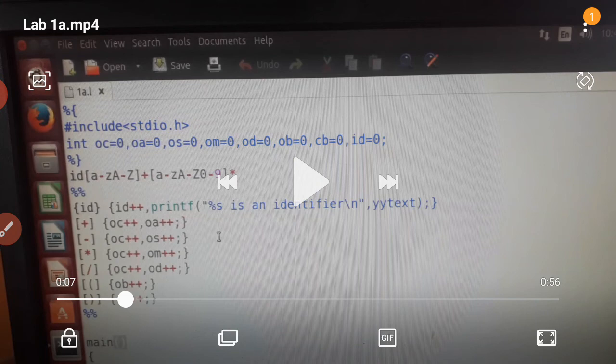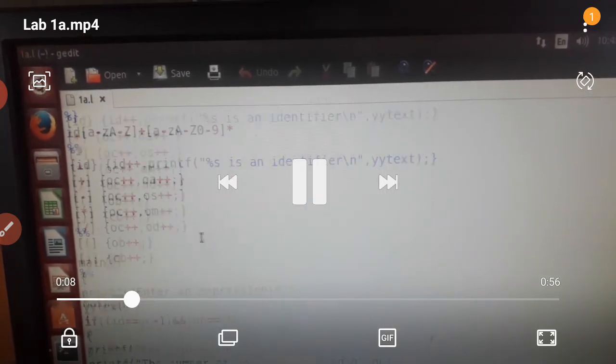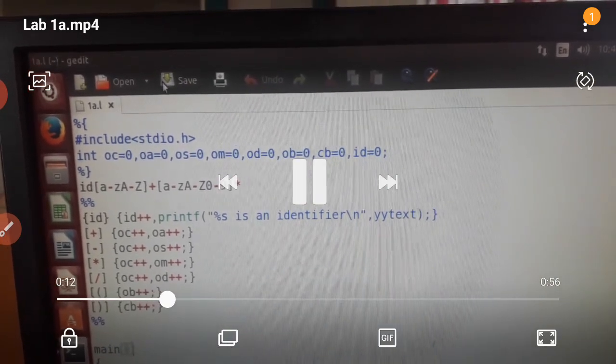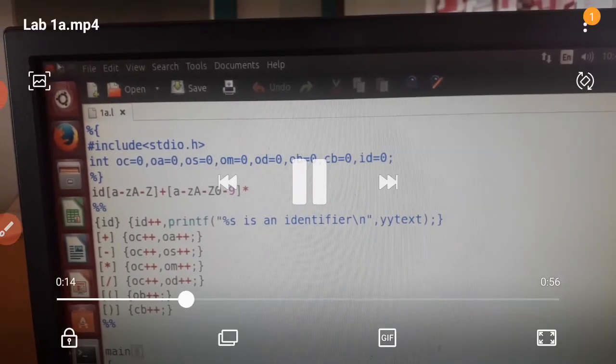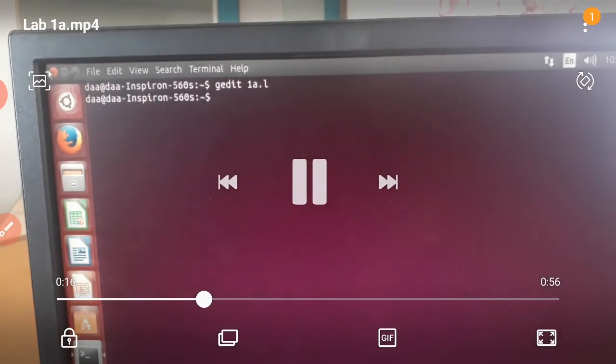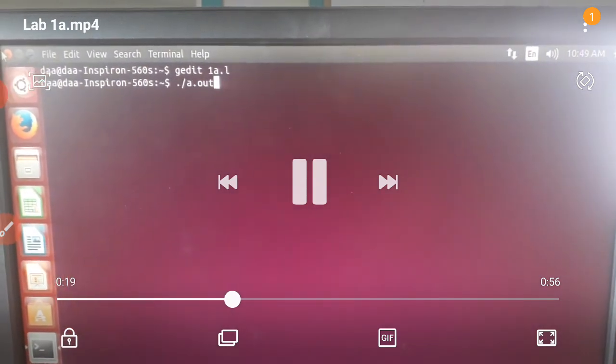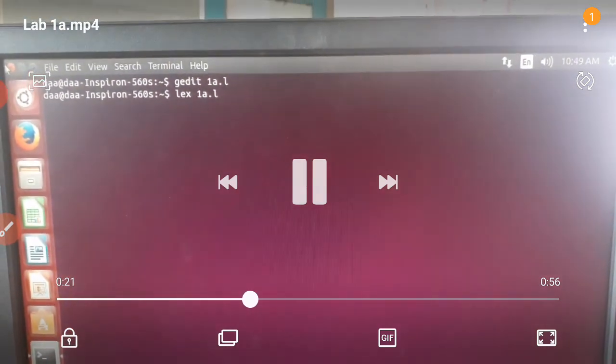After writing the code, save it. Then, after saving, use lex 1a.l. This is the execution step.